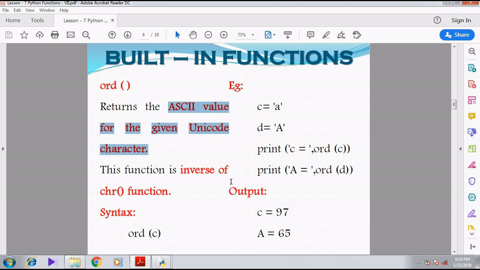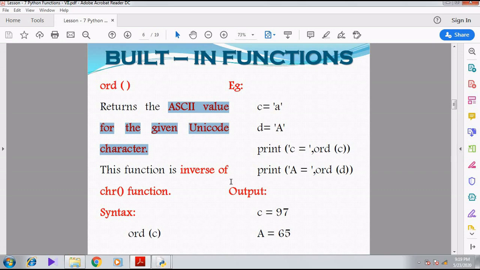We have studied in the 11th standard what ASCII means: American Standard Code for Information Interchange. All the characters have an ASCII value. For example, from capital A to capital Z the ASCII values are 65 to 90, and from small a to small z they are 97 to 122.